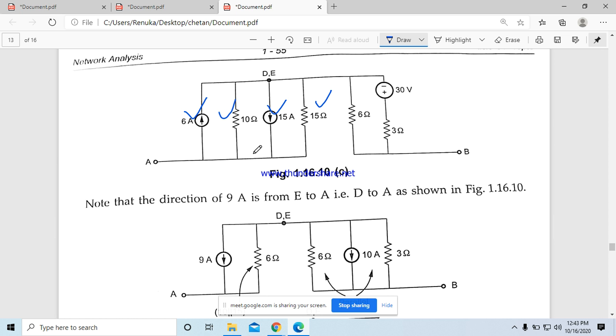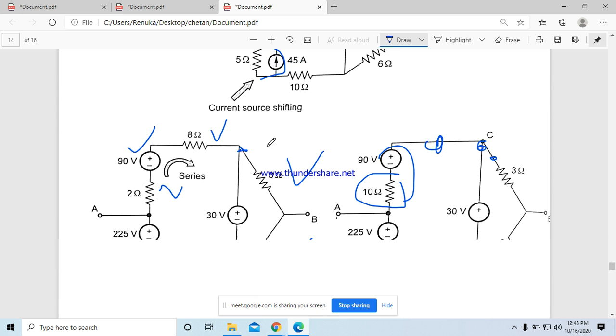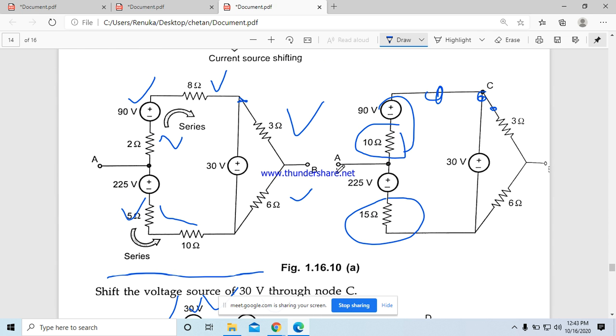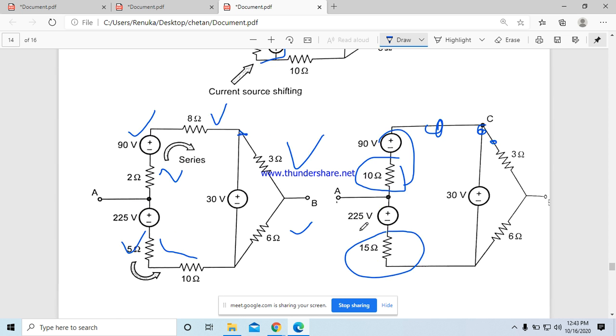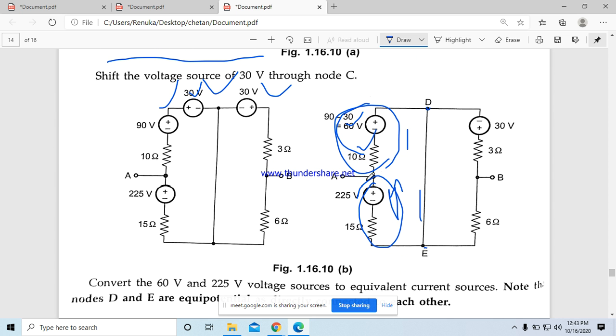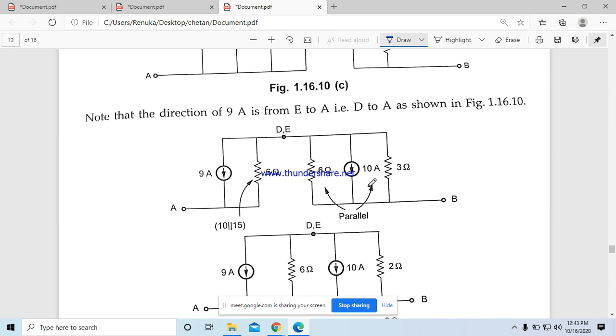common with 10 ohm. Also here you should observe that D and E, these two terminals are short connected. Where is that D here? So this D terminal and E terminal, these two are short connected. It represents that this setup and this setup, these two are parallel. Fine. And these two are short connected. These two are parallel. So you can draw that same thing as it is.